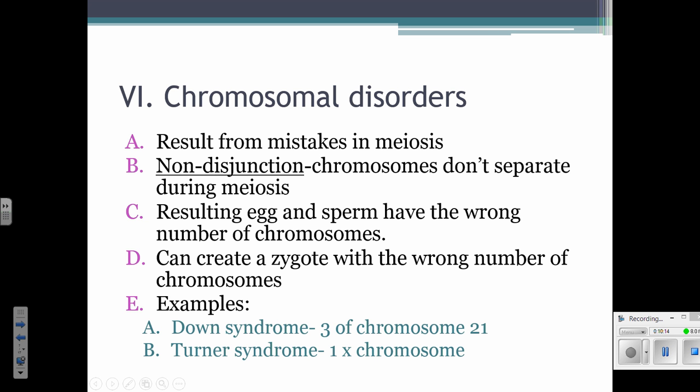There's another one called Turner syndrome, in which you only have one X chromosome. So anatomy-wise, you're female, but you don't have that extra X to pump out the estrogen when puberty comes around, so you don't go through puberty. So basically, you look like an 11-year-old girl for your whole life. You never really hit that stage. Okay? So anyway, those chromosomal problems can...